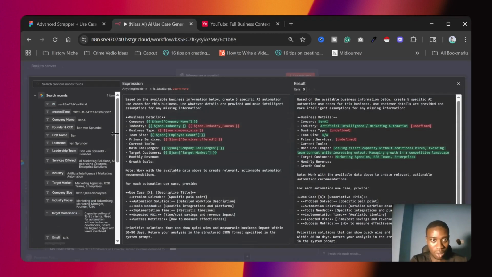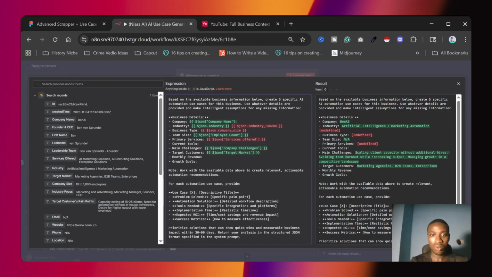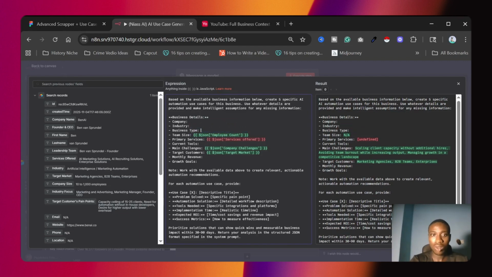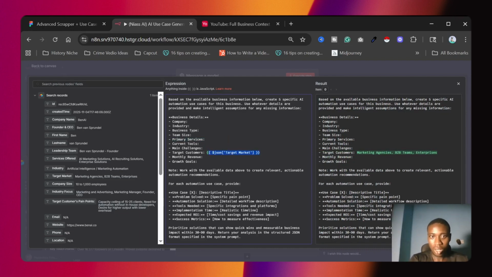So you come here: company information, company name, address, feedback, company size, sales cloud, main challenges, target markets. And remember, we are able to feed in enough data because of the previous script that we built.